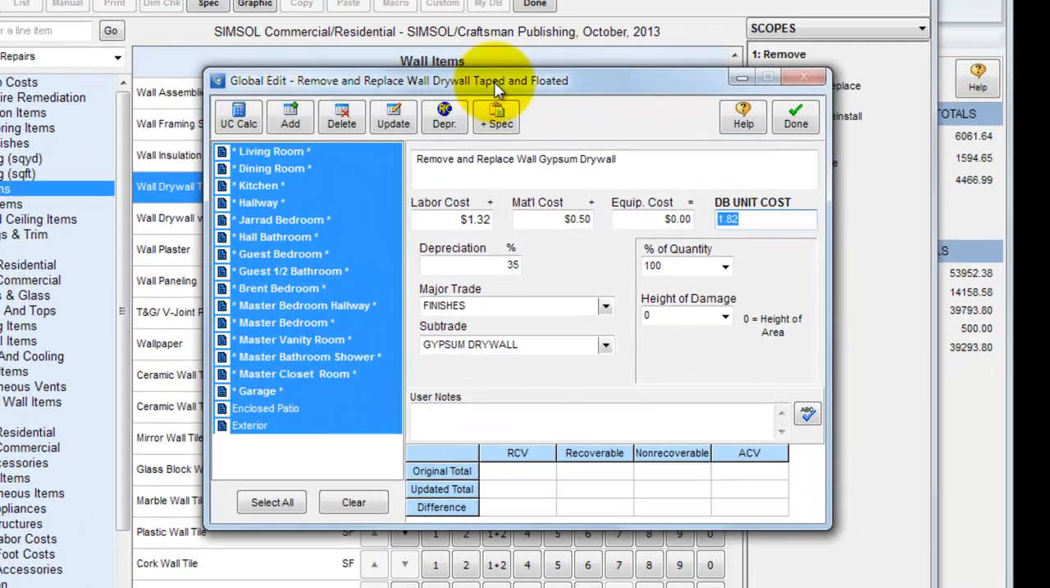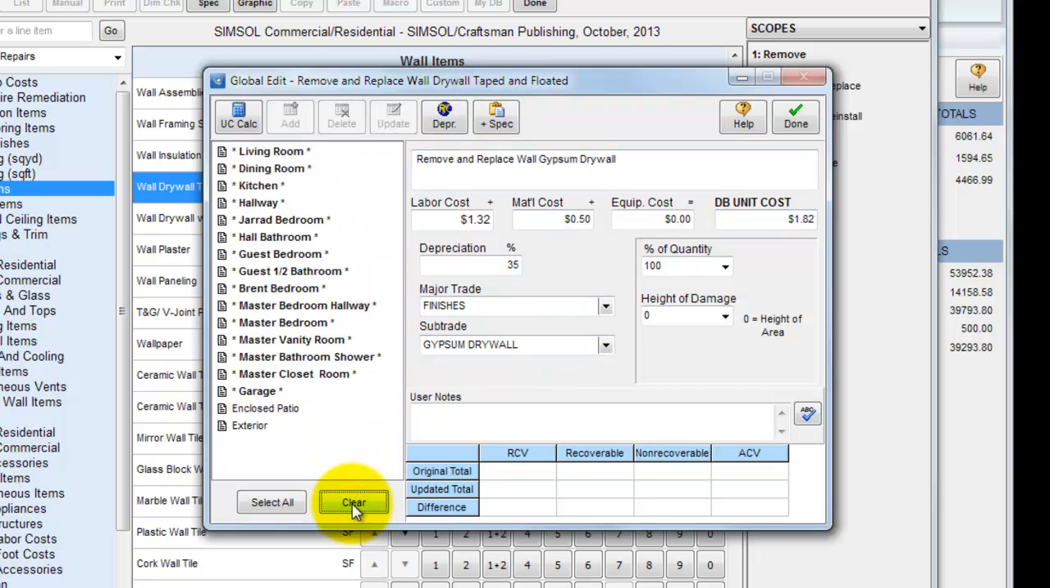and that brings me to this global edit screen. So as I'm looking at the global edit screen, the first thing I notice on the left side is all of the rooms within this estimate are listed. And by default they're all selected. So the first thing I'm going to do is clear that selection. Down here at the bottom I'll click clear,